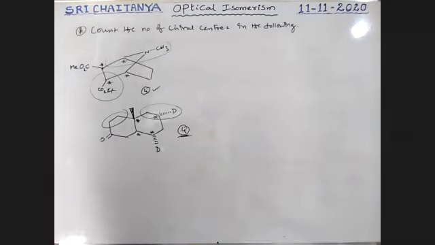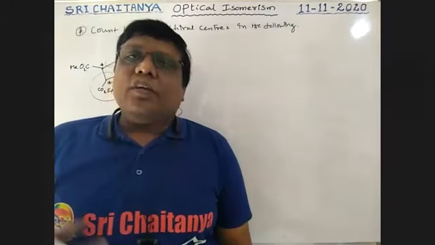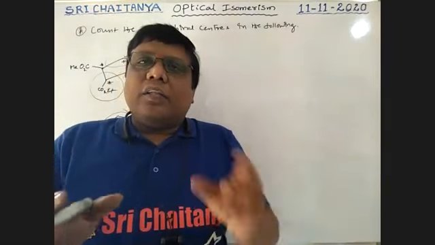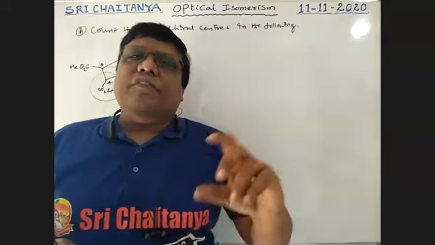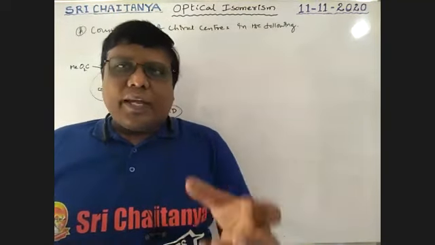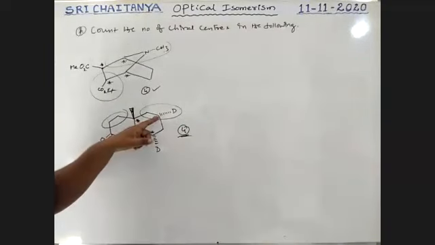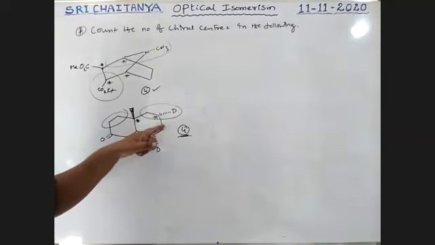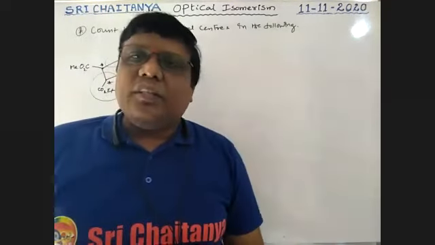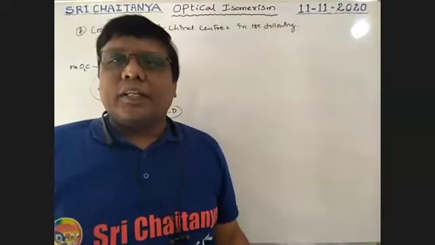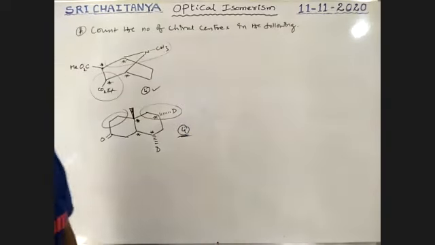Okay. So like this you can identify. A chiral center is the atom, not only carbon, that is bonded with different groups. If cyclic groups are there, their pathways are different. This path is different, this path is different, so all the paths are different. Then it is considered a chiral center. Okay. Next one.